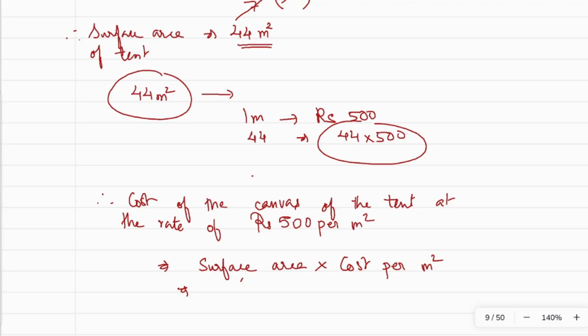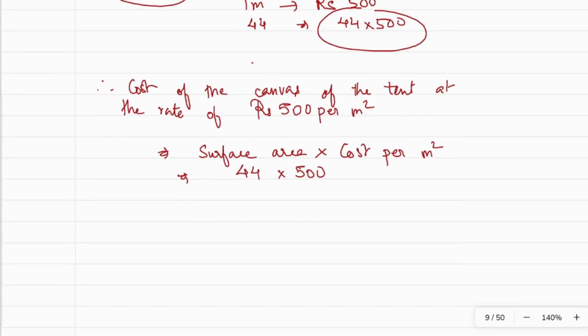What's the surface area here? The total surface area is 44, into cost per meter square, 500. So that will give the value 22,000. That means rupees 22,000 is required for buying the canvas. So rupees 22,000